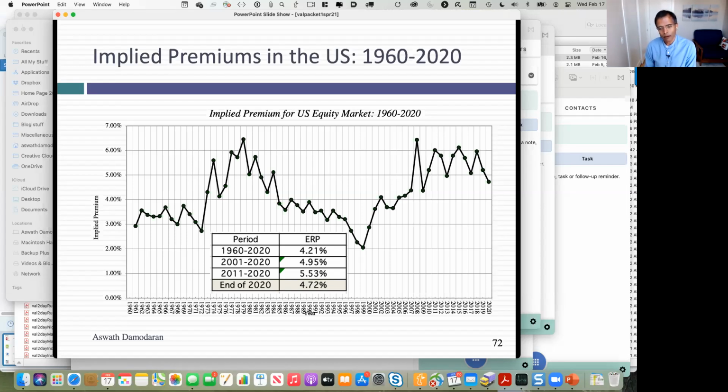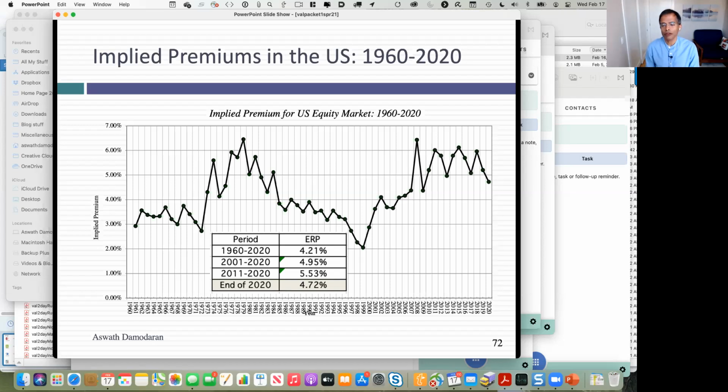Now, if this had been 1999, I could see why you worried about a bubble, because in 1999, the implied equity risk premium was down to 2%. If you told me market's in a bubble, I'm willing to listen. But at 4.72%, you're higher than the average. It's true that that number is lower than what it's been for the last decade. Last decade, it's been about 5.5%. So maybe if you want to tell me that stocks are overvalued by 15%, you can make a case that given how stocks have been priced since the 2008 crisis, stocks look overvalued. That's not a bubble story, that's an overvaluation story.